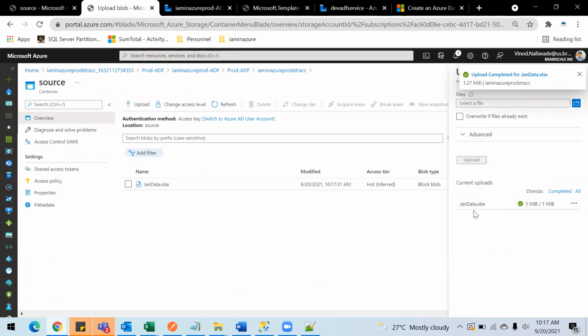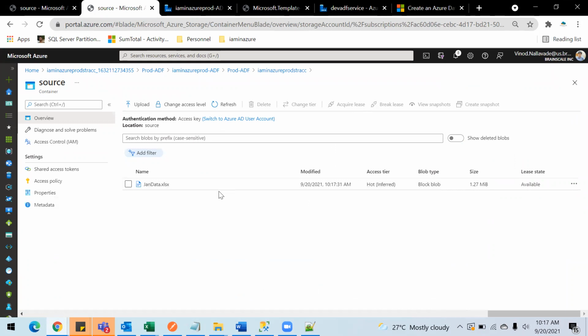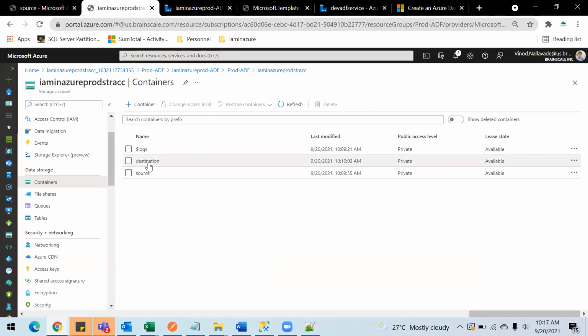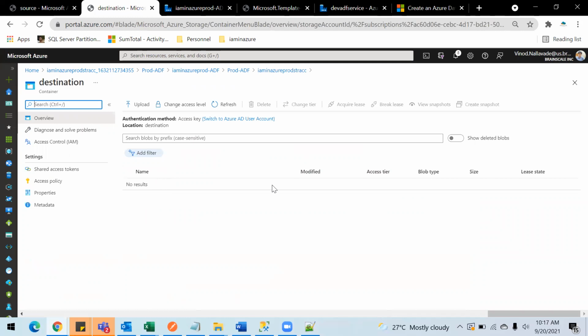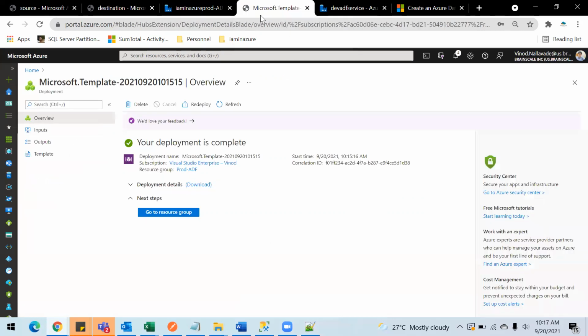I am particularly selecting this Excel because I have given it in the dev environment. If you have a different file, you can try that as well, or else you can import every file inside this source into the destination. That's not a big problem. Right now inside the destination, I don't have anything. So let's go and run this pipeline.